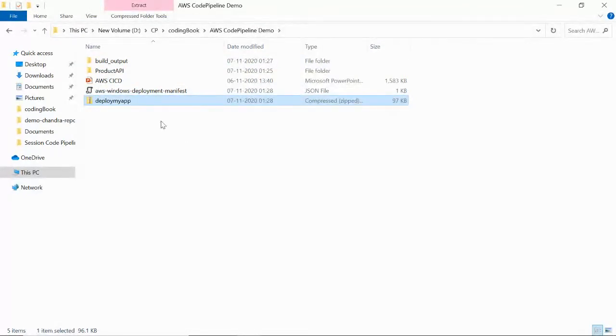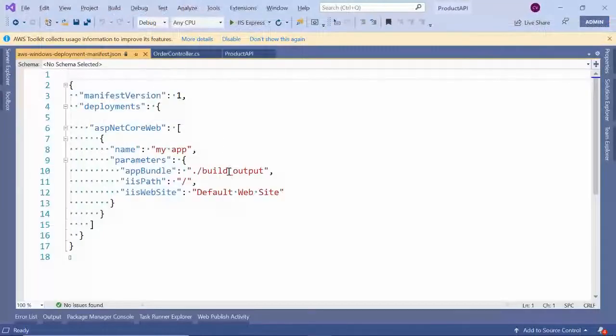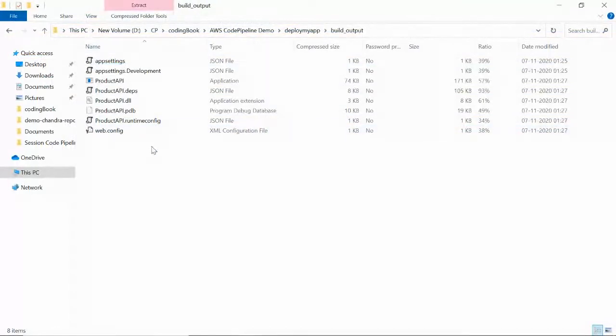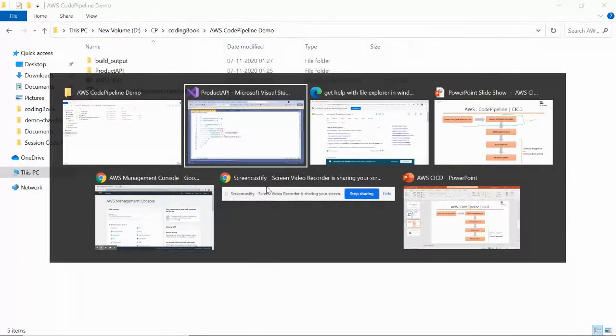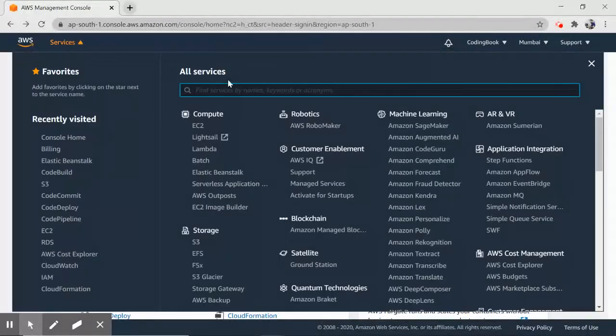Now when you deploy this zip folder, AWS Elastic Beanstalk will open it and search for this file. It makes sure that when you double click on this, the file should be at the root location. It would open this file and look for the build output folder which is here, and then it will take this code and deploy, right? So I think we are good. Now copy the path and come back to our AWS console. Go to your services, look for Elastic Beanstalk, here we are, and click on it.